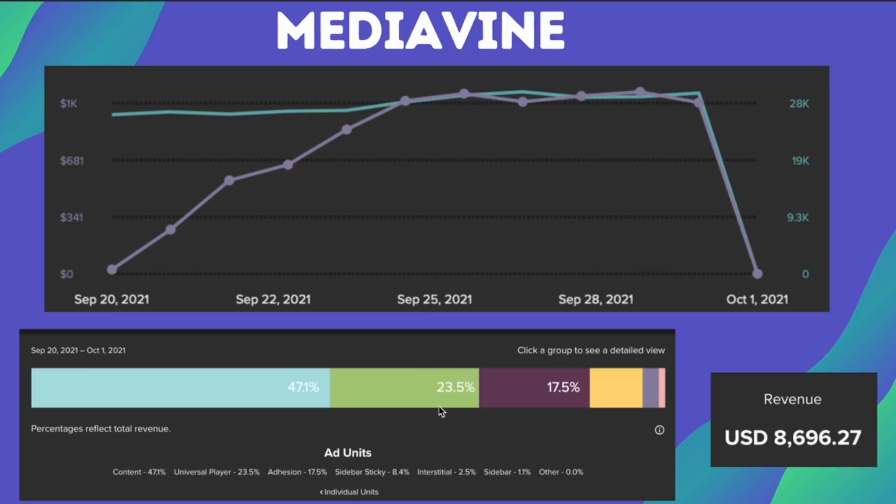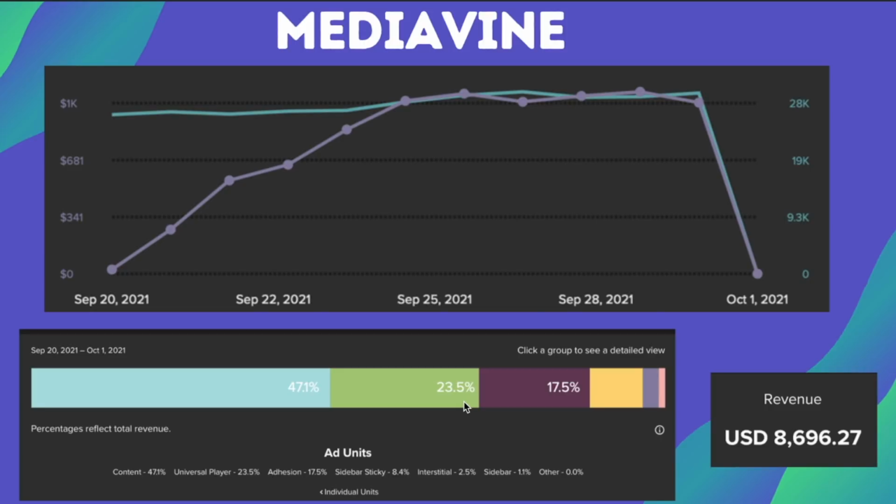And as you can see, with this green here, it is making 23.5% of the earnings. I was a little bit skeptical, because on the Mediavine YouTube channel and their blog posts, they did state that once you turn it on, you can see a 20 to 30% increase. Whenever I hear these things, I am a little bit skeptical, so I thought that would be a bit of a stretch. But as soon as I did turn it on, I actually did see a 23.5% increase in earnings. So I'm really thrilled with that ad unit at the moment.